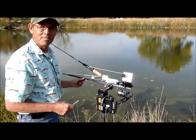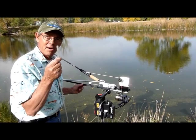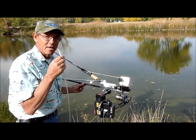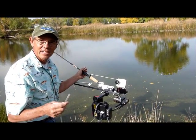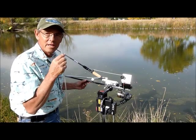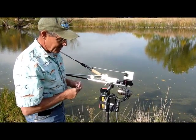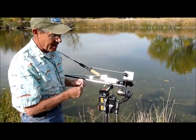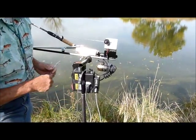This is the sip and puff rod, and it's controlled by sipping and puffing on a tube. If you sip on the tube, it'll initiate the casting action, and if you puff on the tube, it will retrieve the line. This rod has a couple of batteries to power it, has an electronics box which contains the